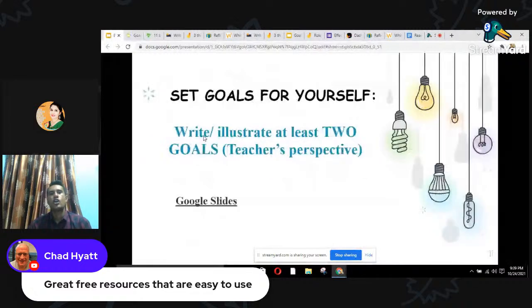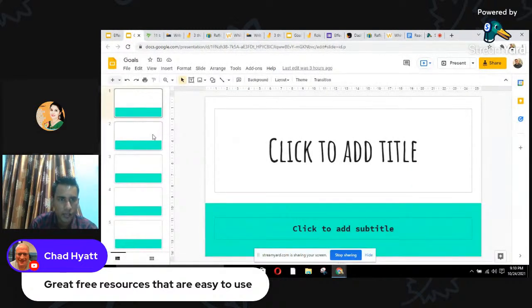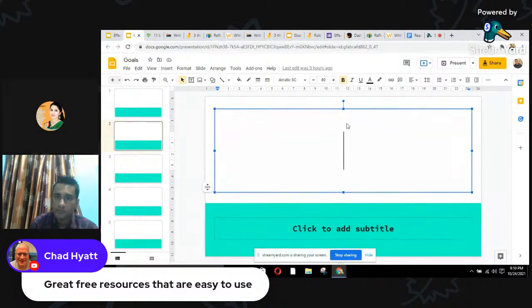The question is, you need to set your goals. From the teacher's perspective, what are the 2 goals you have, maybe for this session, this academic year, maybe for next academic year? If I give my example, I need to learn more strategies, I need to know about students' agency. So this can be my goal, right? So what is your goal? You need to write it here. Make sure you write your name, and then you can write 2 goals you have.